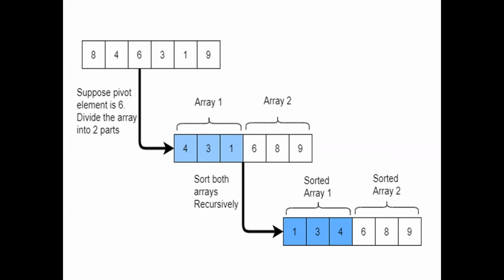This is commonly known as quick sorting. It is somewhat like bubble sort, as we can see here in the third step, but the choosing of the element is a variation of this quick sort. As the third process and second process go on, we sort both arrays recursively. In the third process, we can see 1, 3, 4, and 6, 8, and 9. This is quick sort, from which we quickly get the answer from the computer.